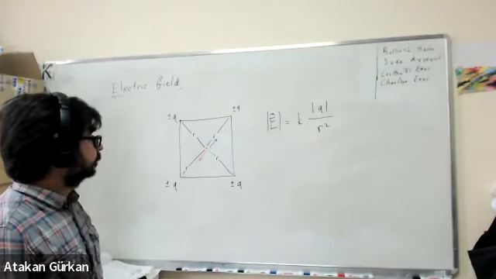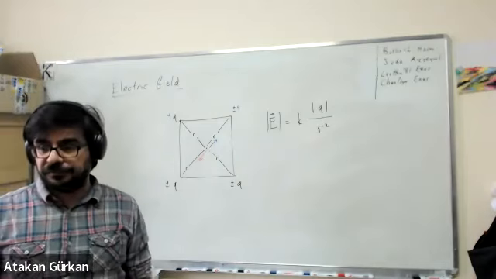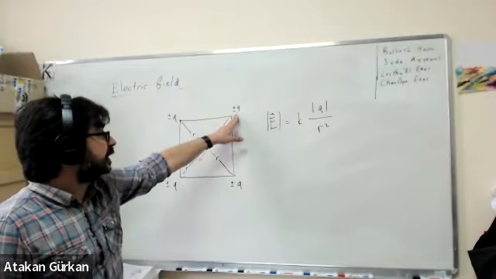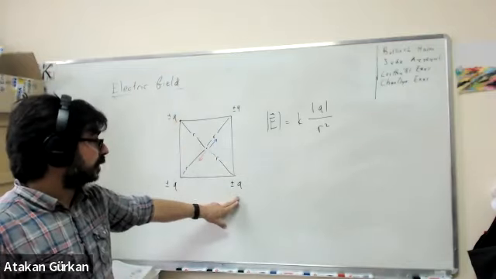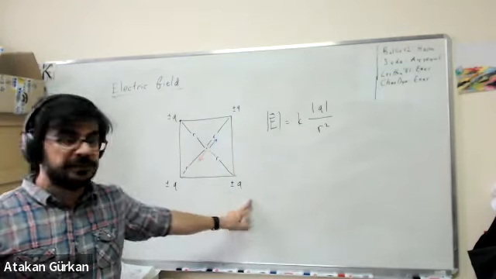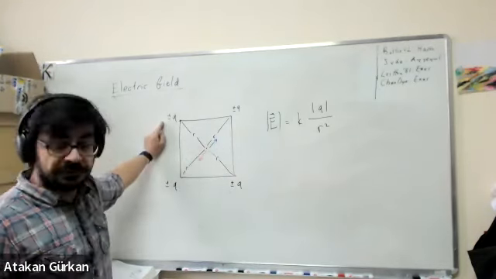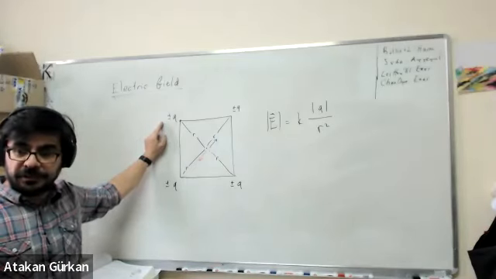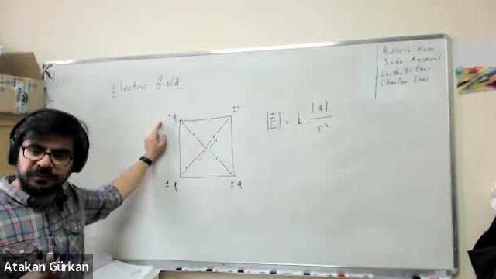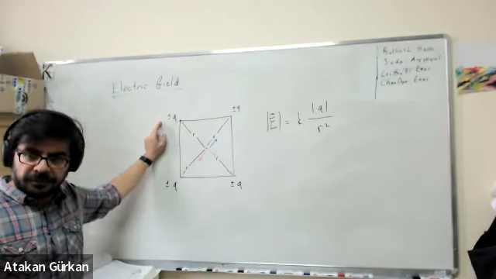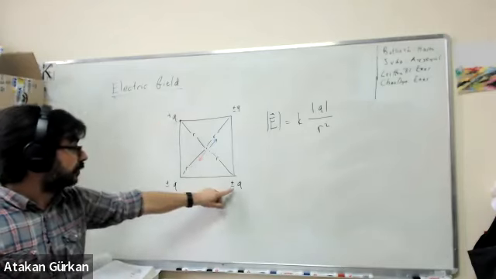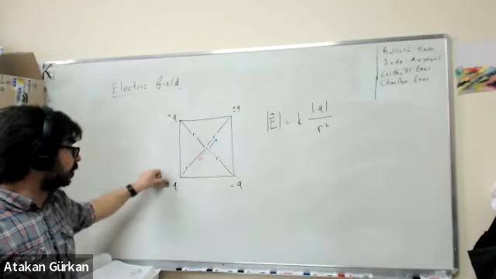Now, what would happen if you have three positive and one negative? Without loss of generality, you can assume that one of these is negative, the others are positive. Now, again, there's going to be some cancellation between these two diagonal charges that are the same. Whenever you have same charges on the diagonal, there's going to be a cancellation. It's not what you want. You want them to be opposite. So you can try this out, and you can figure out that if you have opposite charges on the corners,